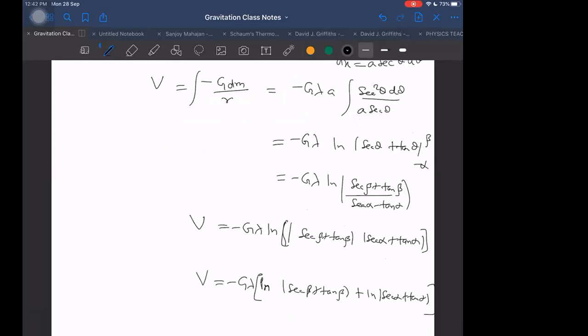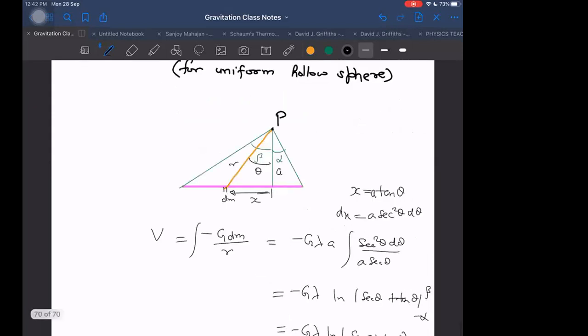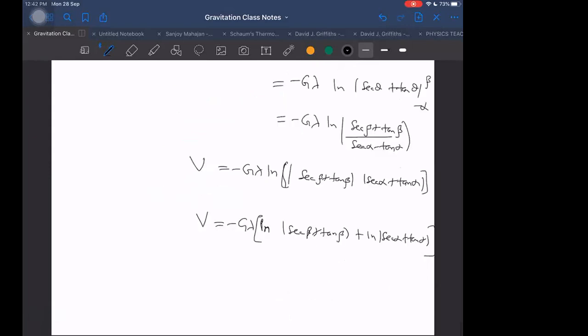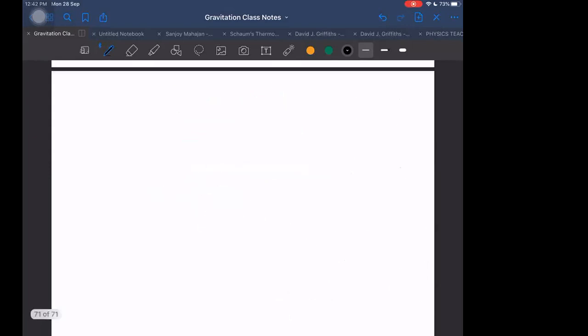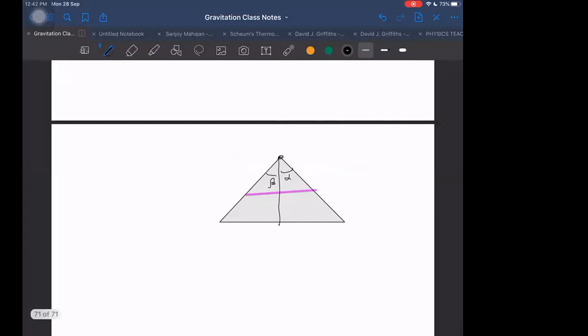Once we know this for the rod, then we can have the courage to find it for something which is made up of rods. For example, a triangle or rectangle. I can find the potential at the vertex of the triangle by taking several smaller rod elements, and it will be much easier this time. The reason is that these angles alpha, beta will remain the same, and if these remain the same, then our answer will be so simple, just integrating dy.